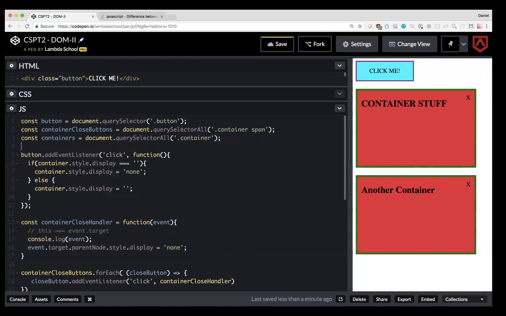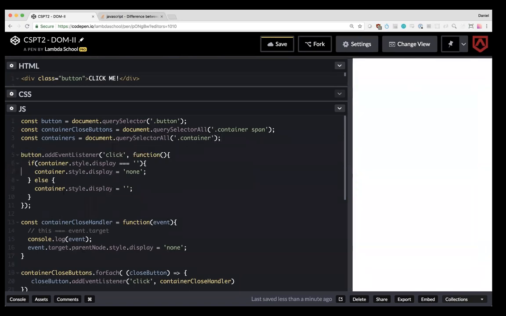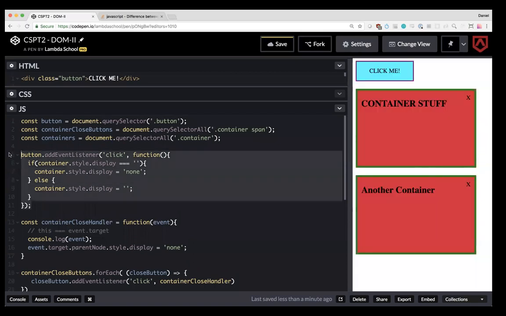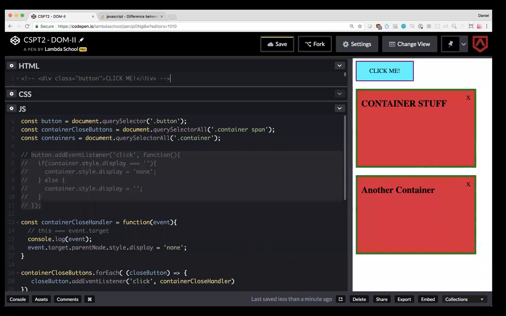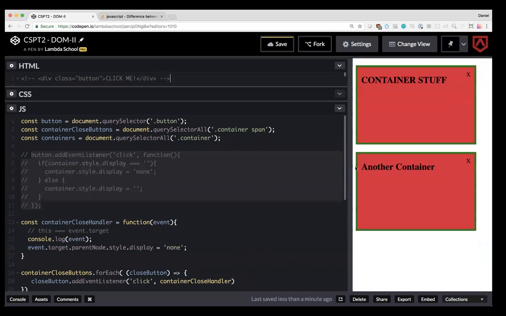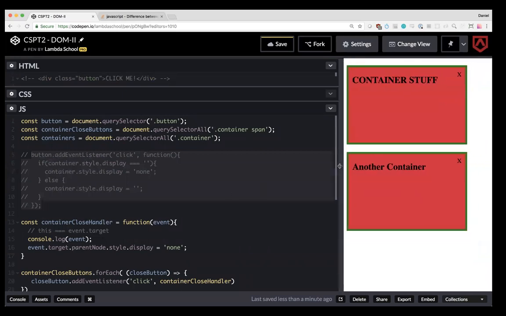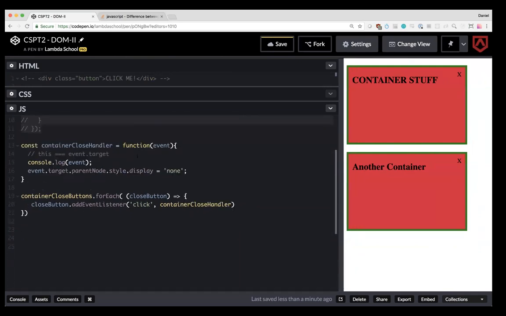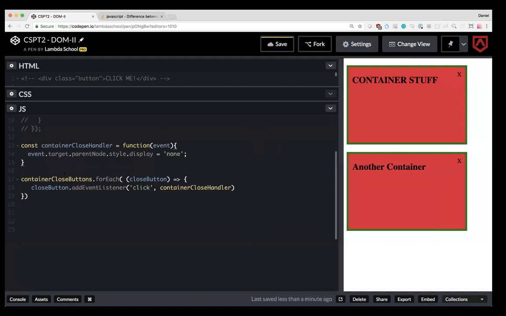Right? This is all the containers. And I'm going to get rid of this button. We're not worried about the button anymore. We're just worried about these containers now. Okay? So I'm grabbing all of the containers here. All right, I'm putting this close button handler on the close buttons. And then I want a